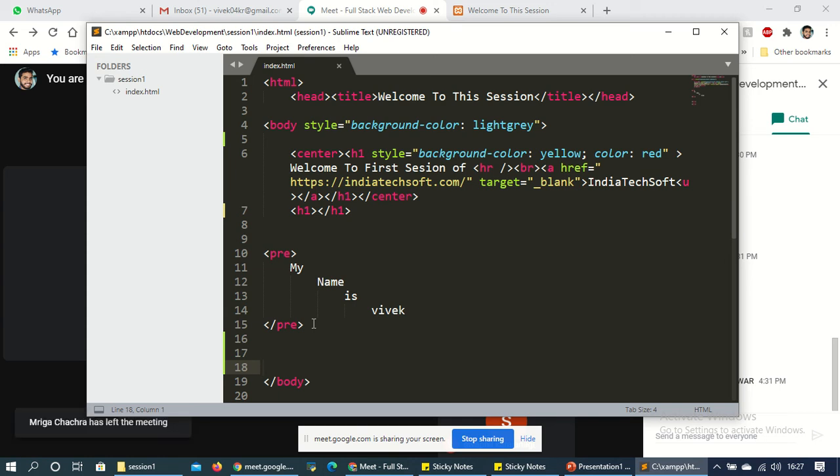So how will we write it? Suppose that I want to write something. The tag which is used to give a quotation is blockquote, which defines a section that is quoted from another source. Okay.